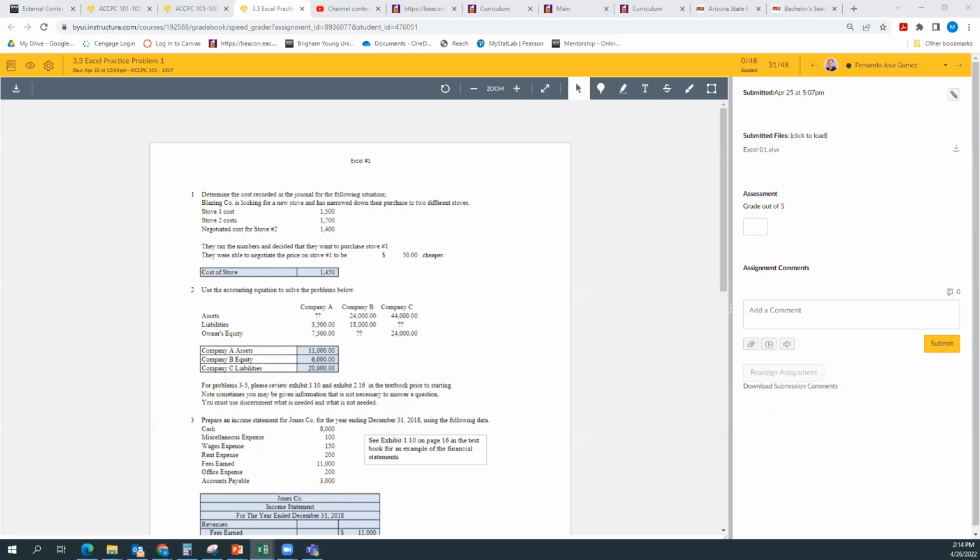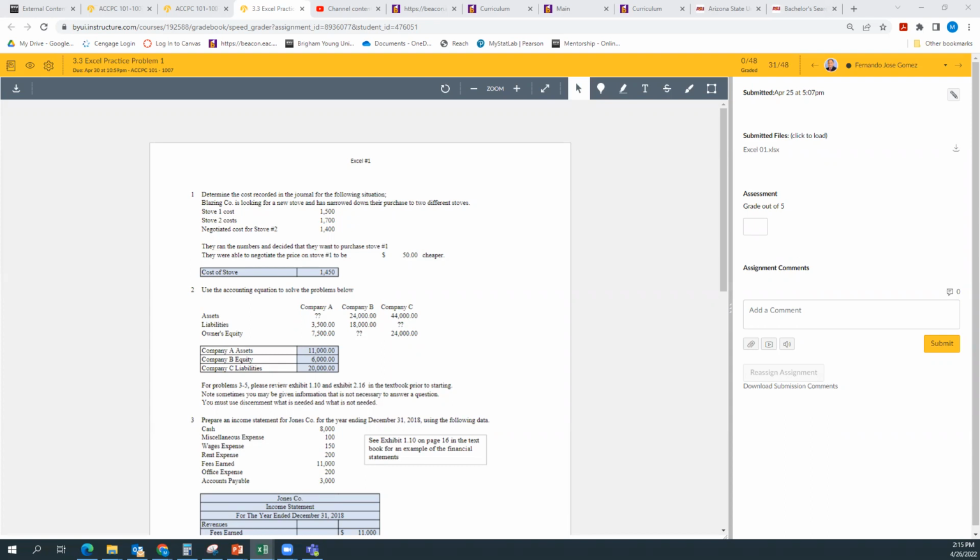Hey everybody, I'm going to show you a little bit about how to use Excel for the problems in this class, for these Excel practice problems. I know a lot of people who aren't comfortable with Excel will actually just work out these problems on their calculator and then just type the answers in. And I suppose that's not wrong, but the intent, of course, is to teach us to be more comfortable with